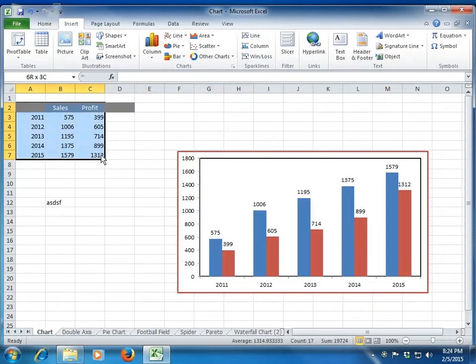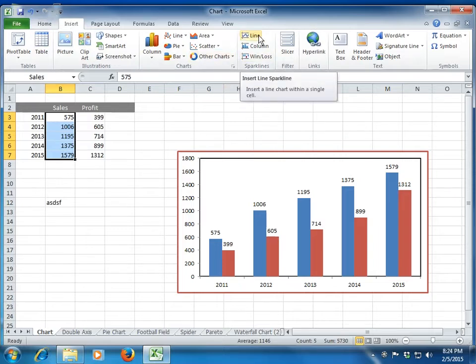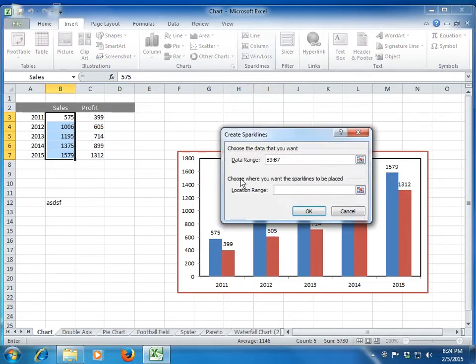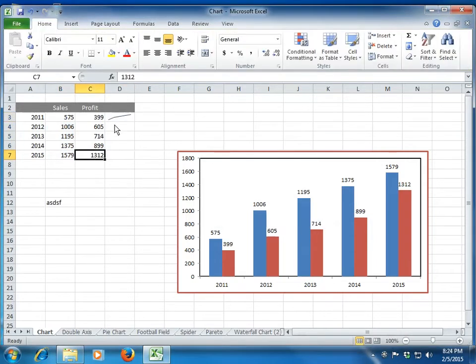A sparkline is nothing but a chart type, but rather than giving you a chart, it just gives you the output in the cell. So you select the sales data and go to sparkline. Sparkline is an option in the Insert tab, after the chart. The sparkline is available only in Excel 2010 and beyond, not before. Then you click on line. It says data range, I have given it a data range. It says location range, let me give a location range to it, and I click OK. So you see that it gives you a sparkline that is showing you the trend in the sales.